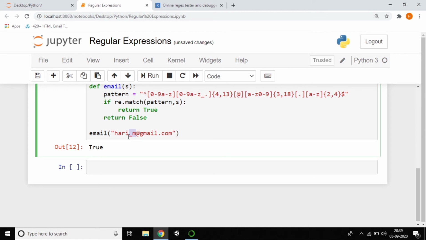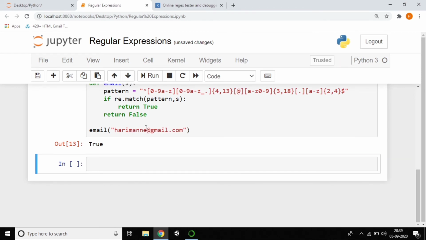So we are having Sai, your initial at the rate gmail.com. Otherwise, you can give something like Manne. It says true. So this is the way. You can give 4 or 2, whatever it may be, it will say true. Generally my mail will start from 2 at the rate gmail, like numbers, it will say false.